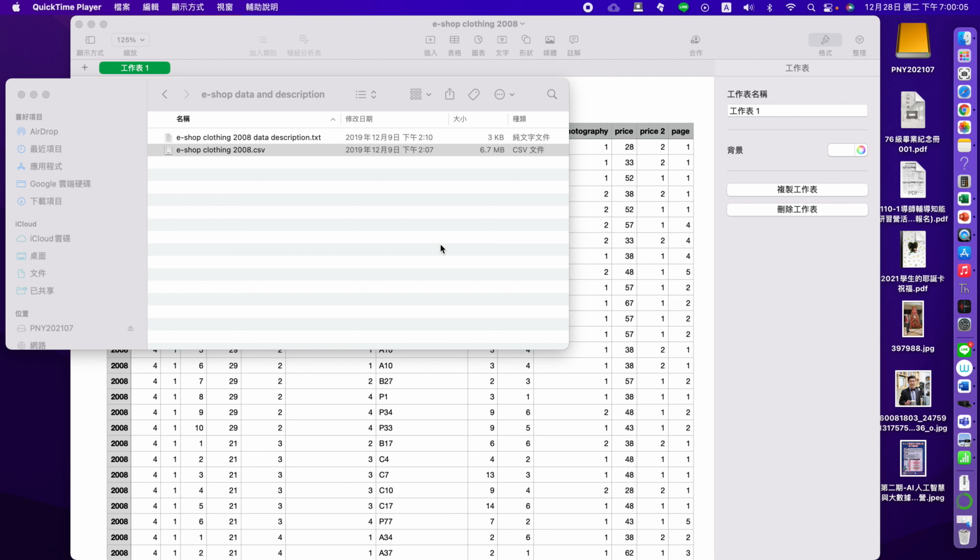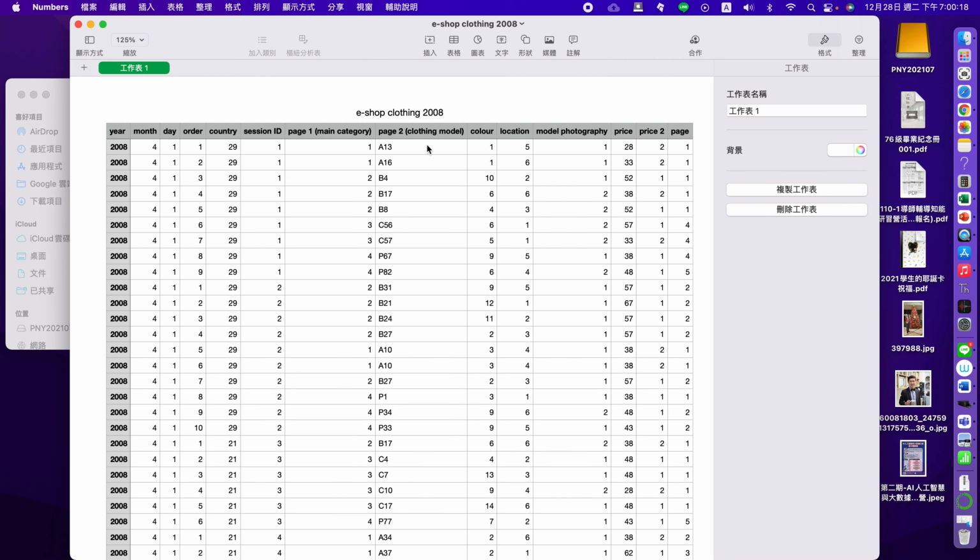So welcome back. I hope you guys can download the dataset. Okay, so please double click the CSV file so you may find your data in an Excel-like format here. There are 14 variables for this dataset: year, month, date, order, country, section ID, page 1, page 2,